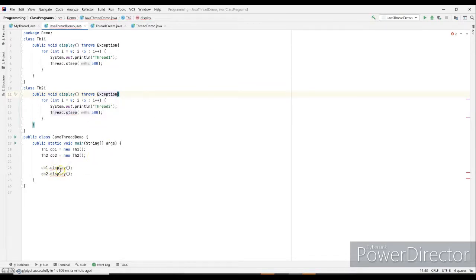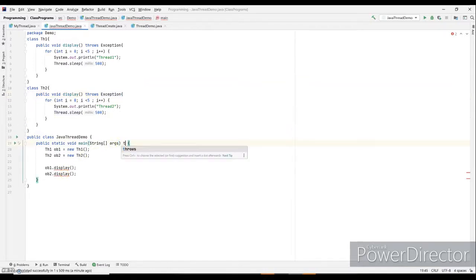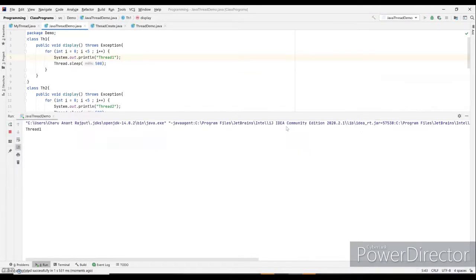Again, display is also showing errors because the main function too has to be modified in order to handle those exceptions. Now everything is sorted, and if I run it, you will notice that each and every line is being executed after some time delay.